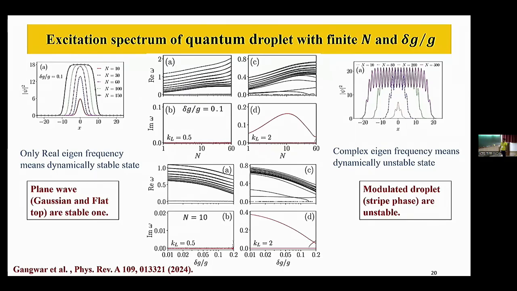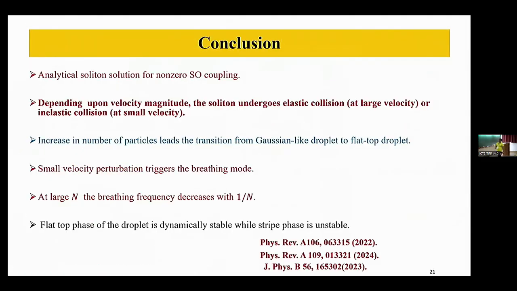droplet regime. However, if we look at the same thing for high values of the spin orbit coupling, then we see the appearance of this negative part as we increase the n value, and that suggests that the stripe phase is dynamically unstable. So with this, I just want to conclude the first part of my talk, that here we